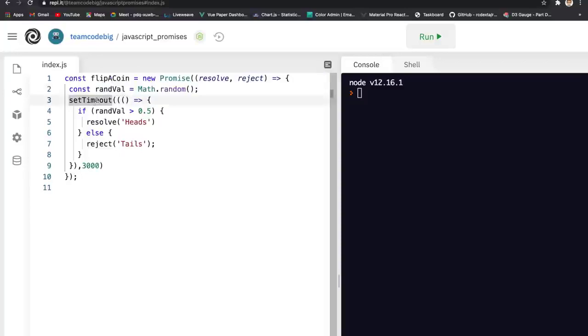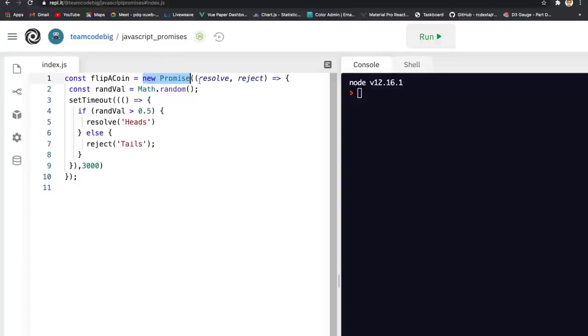In the next line, we have a setTimeout method, and all it does is run these lines of code after an amount of time we have specified here. So, to replicate a coin flip, I say first create a random value between 0 and 1. Next, wait for 3 seconds, and if the random value is greater than 0.5, then just return heads, else return tails. And all of this is happening within the promise method, which I have here on the top,